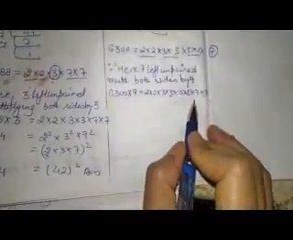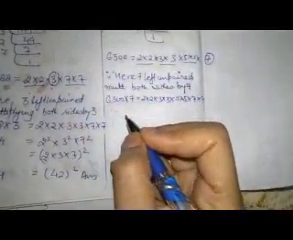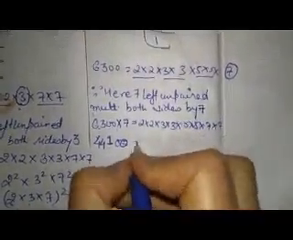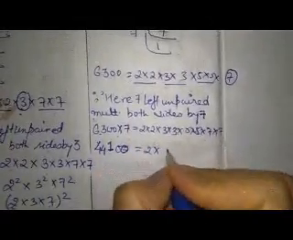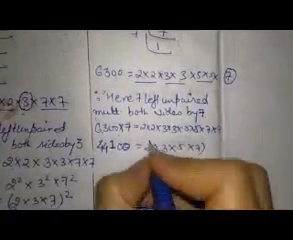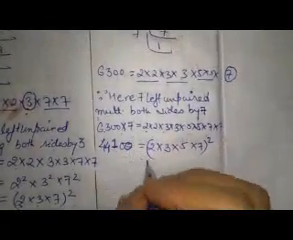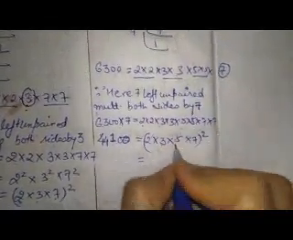Here now all the pairing has been done. 6300 into 7, 44100 is equal to 2 into 3 into 5 into 7, and I will take a square on the top because it was twice. 2 3